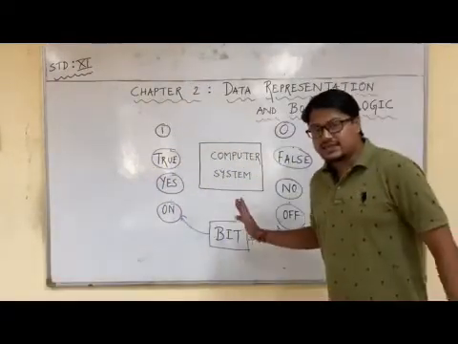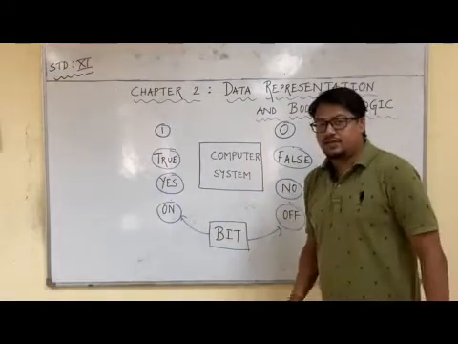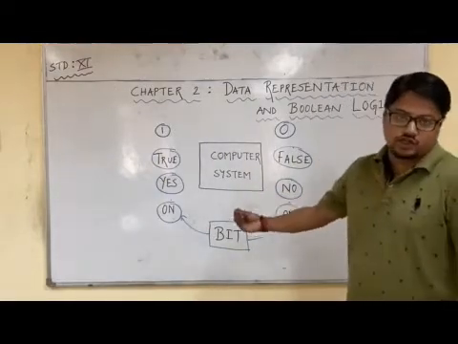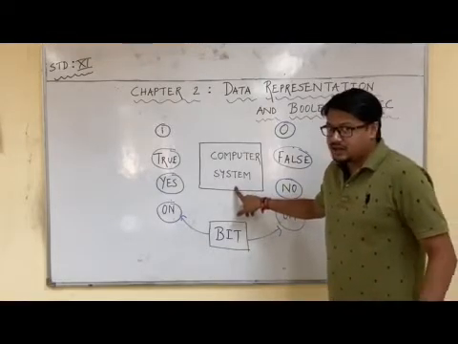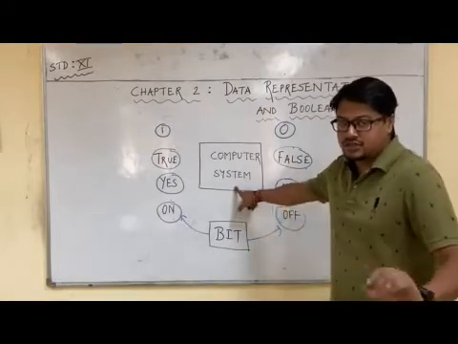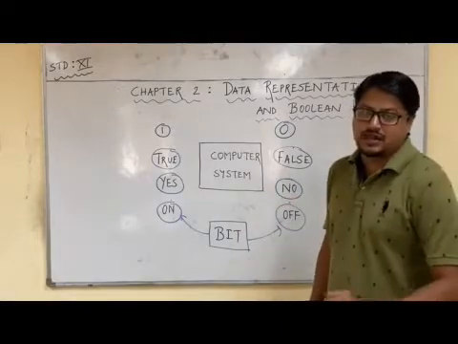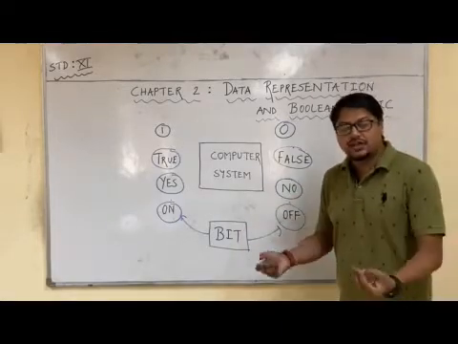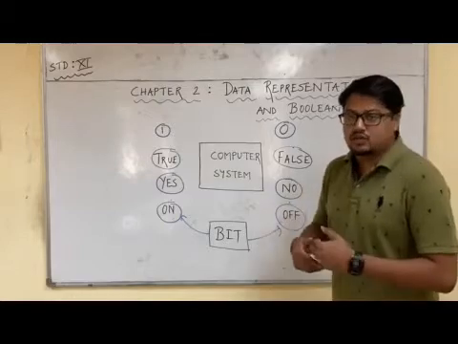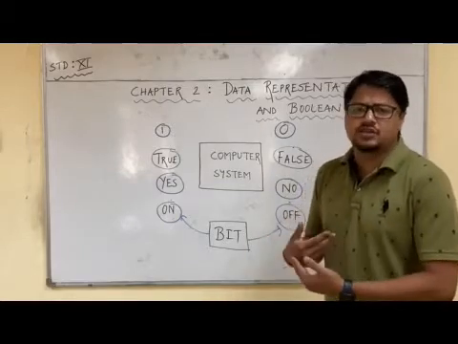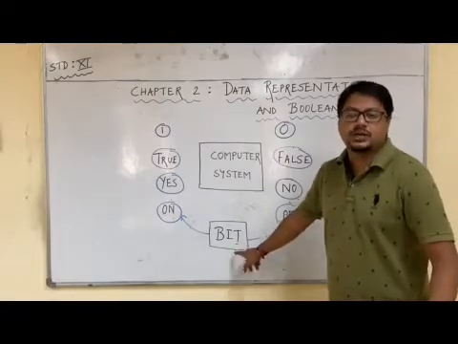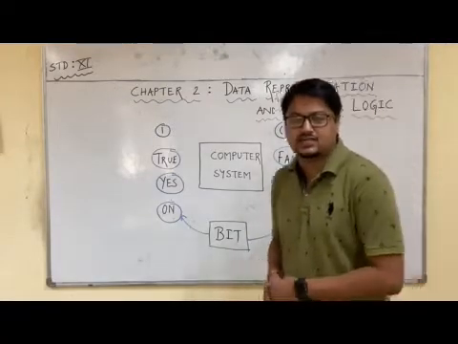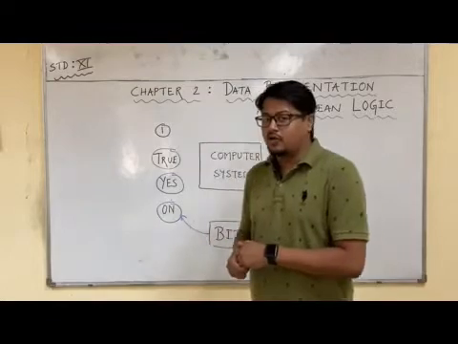Now as you can see, before we start the chapter, let us have an introduction about what we are going to study. A computer system, as we know, is made up of electrical chips and microprocessors. Everything works on electricity. So here we are relating a computer system to working on a bit. A bit can be a small piece of data. In the simplest case, it can be 0 or 1.